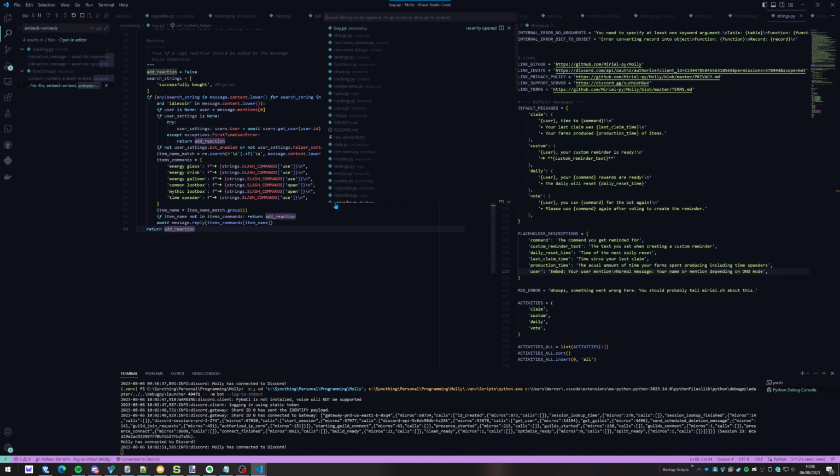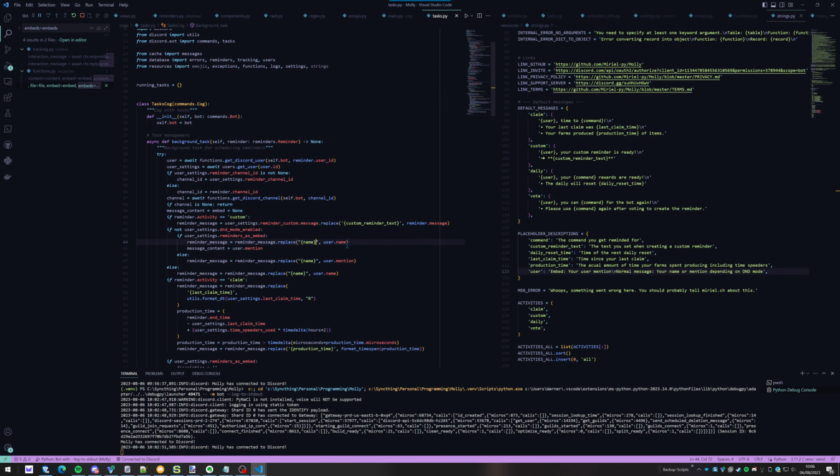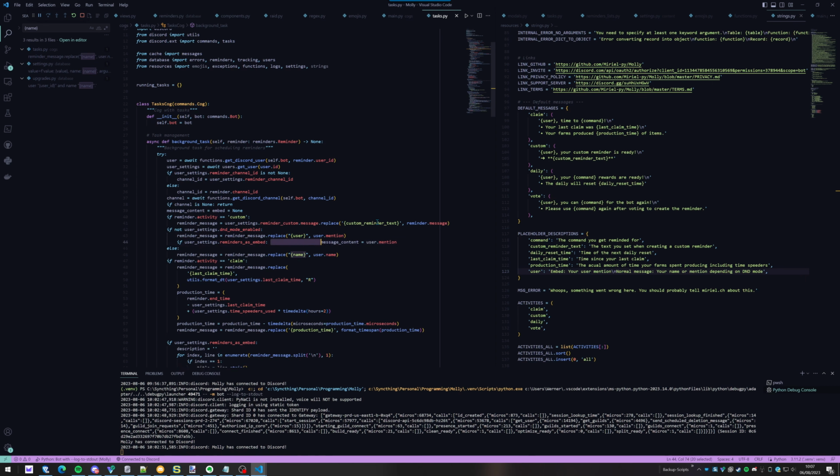Okay, and now obviously I need to look for that. But settings, yeah, okay, so now if the D&D mode is not enabled, I do ping. So in that case, user mention. If it's an embed, it's always a user mention, but I also added the user mention to the content. Else this is actually the exact same thing. So, I mean, I don't need to do that twice. Okay. If D&D mode is enabled,